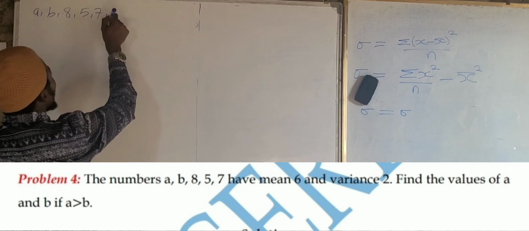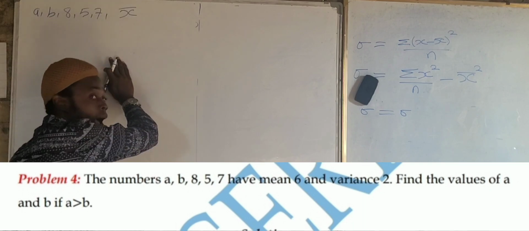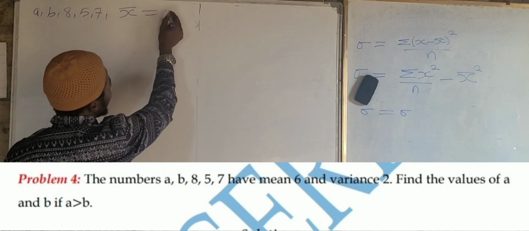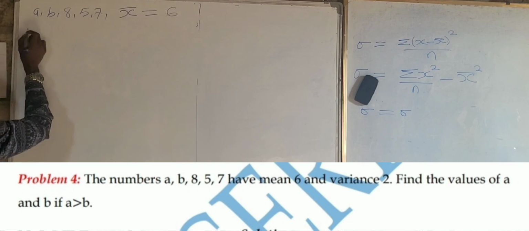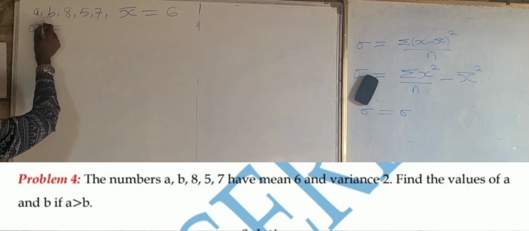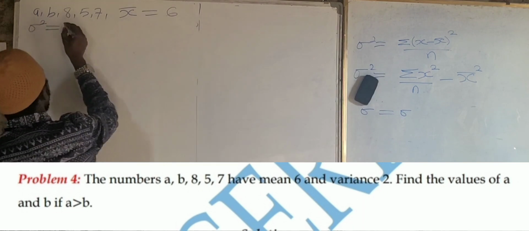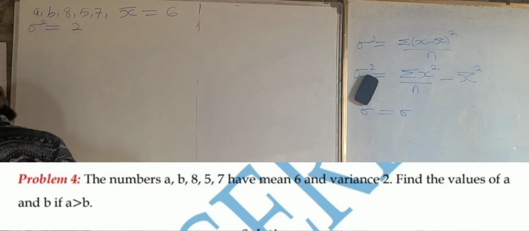So here we can say, I will just say the symbol for the mean. Mean is represented by the symbol x bar. The mean is equal to 6. And also we have a variance. Variance of 2. Variance is equal to 2. So find the values of a